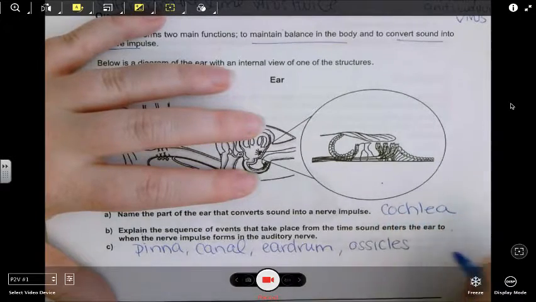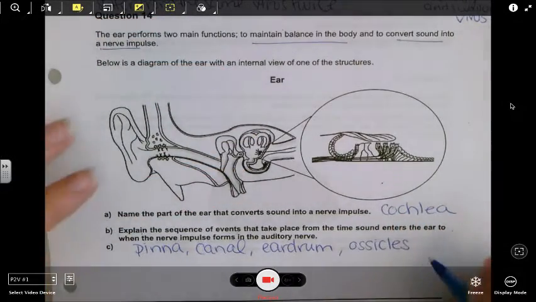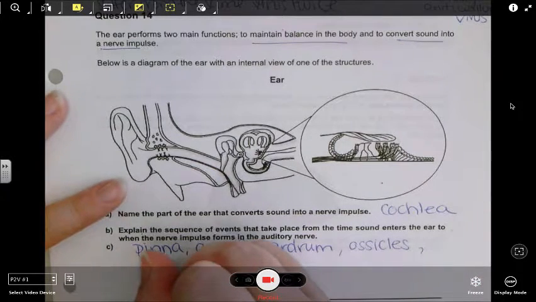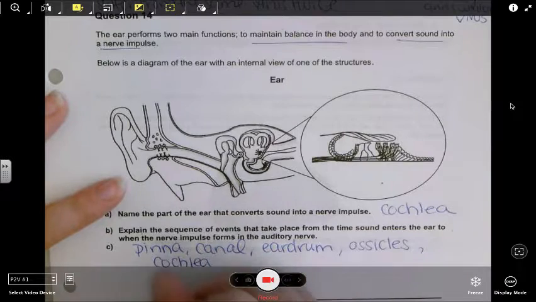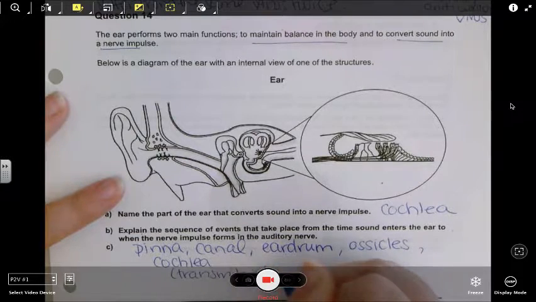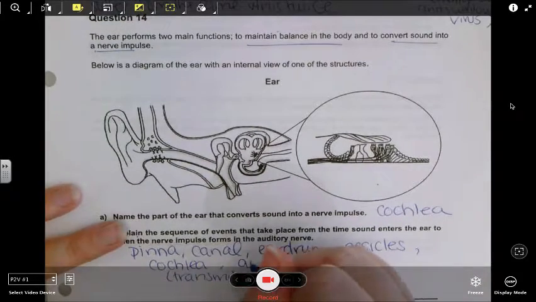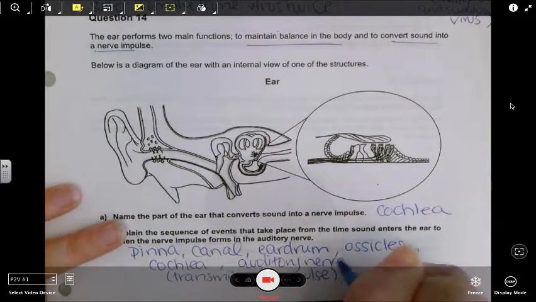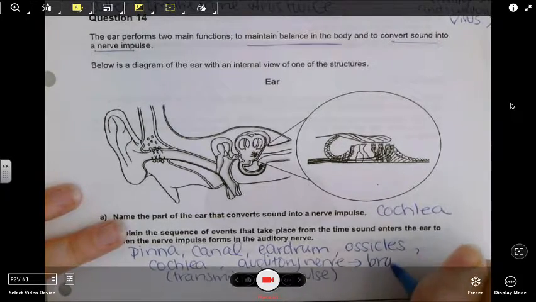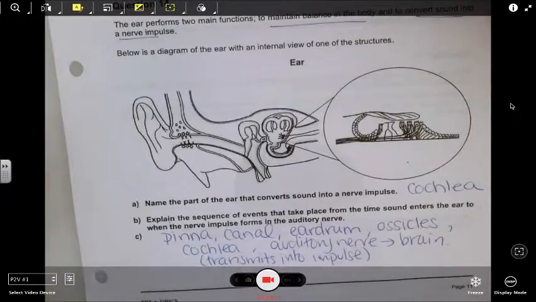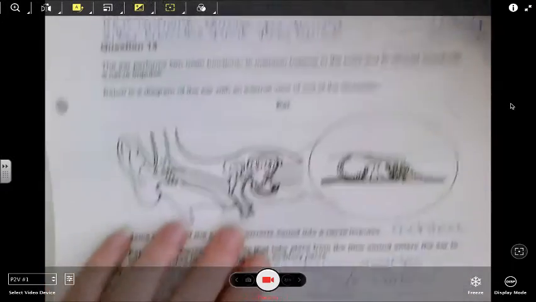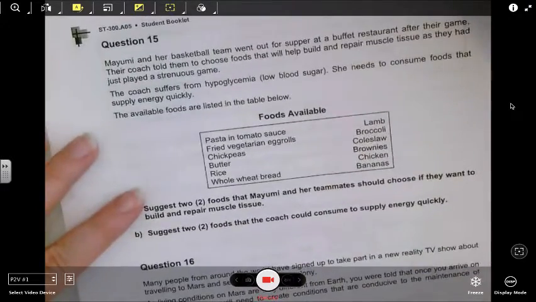which in turn stimulates your ossicles to start vibrating. So those three little bones that we talked about. Then after that, it's transferred to the cochlea, which is where it transmits into an impulse, like we just said. And from the cochlea, it goes through the auditory nerve to the brain. Okay, so I'll just leave that. We'll move on to the next one right away because I don't think this is going to be on our exam, but this is definitely the type of question we're going to have. If anything, I think our question would be more likely to be about the eye and to be asking us about lenses, since both of those things were mentioned in the checklist.